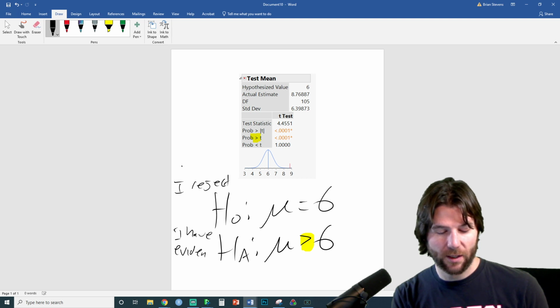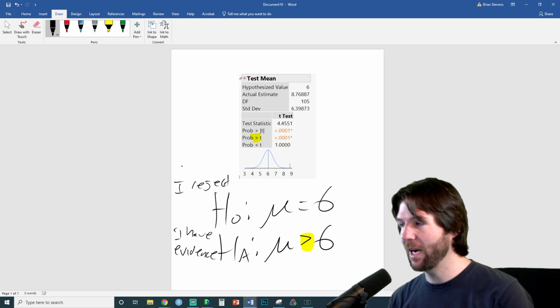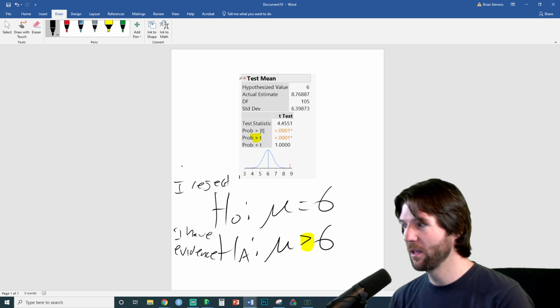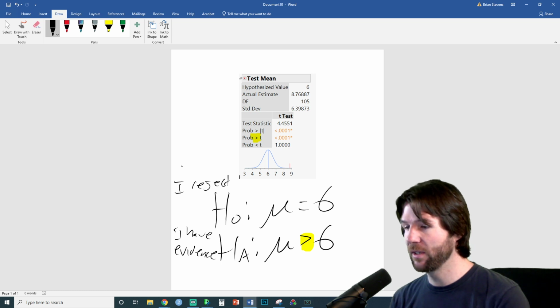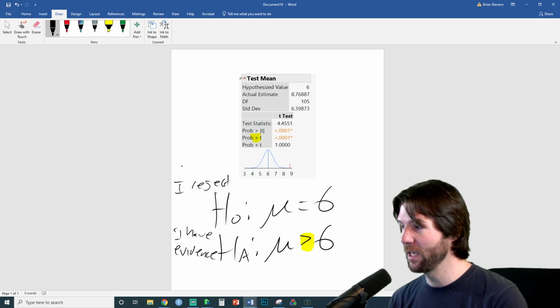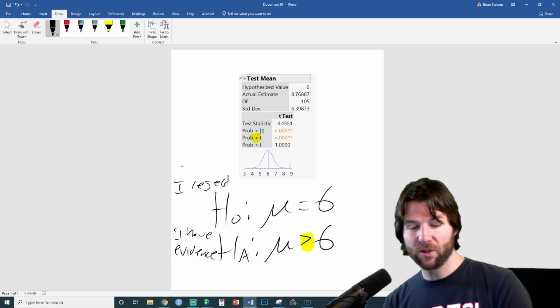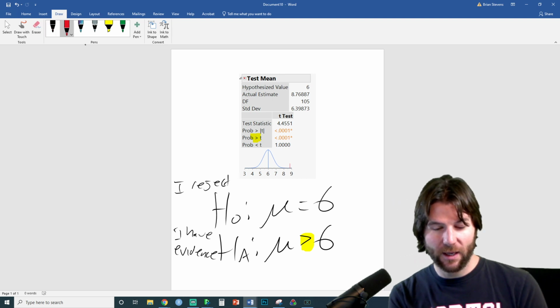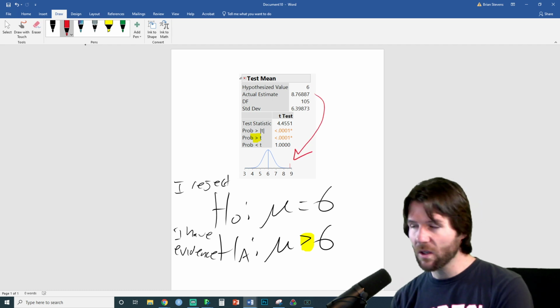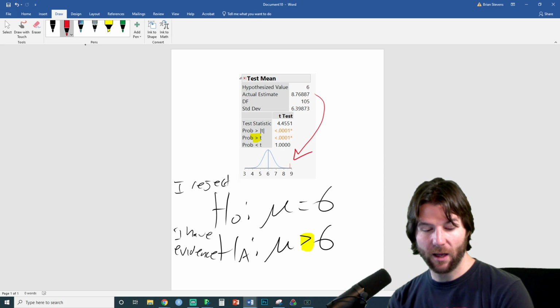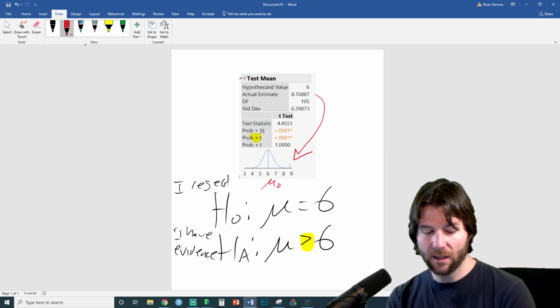So in this one, you would say I reject the null that the true mean for tip is equal to $6 for cash. I have evidence for the alternative that the true mean tip for cash is greater than $6. Now, please make sure to look at the right thing right there. And then if you notice, here is the mean. So that is the mean right there. We're observing that line. And this right here is mu naught. So that value of 6 right there is mu naught, which is this.